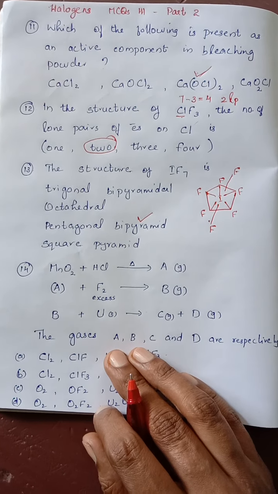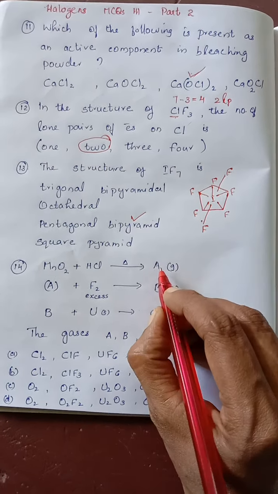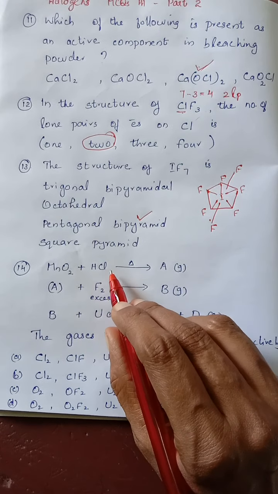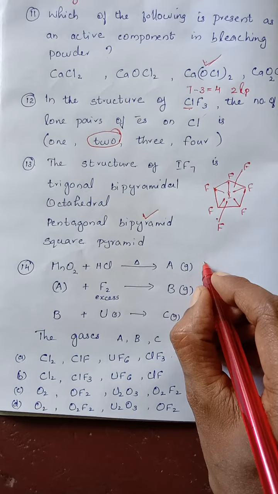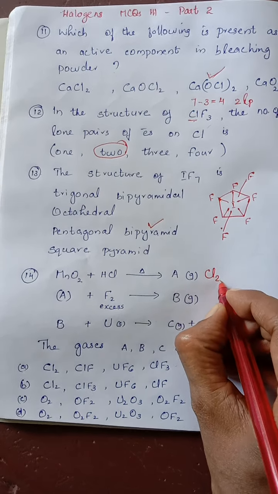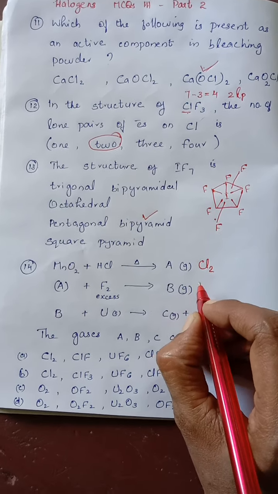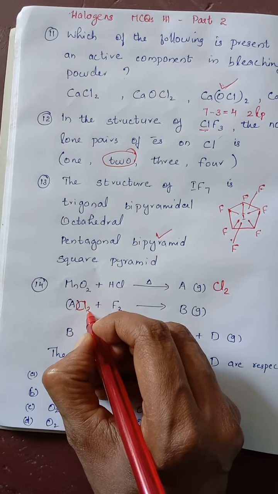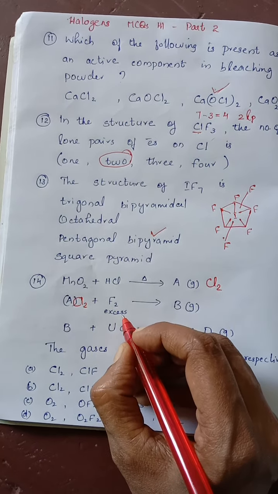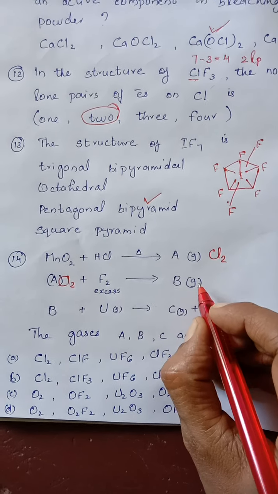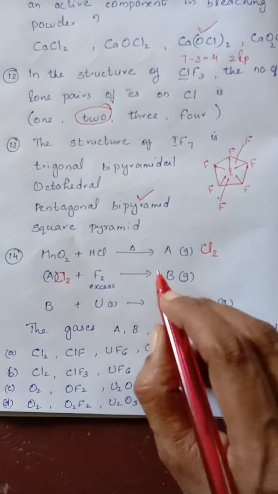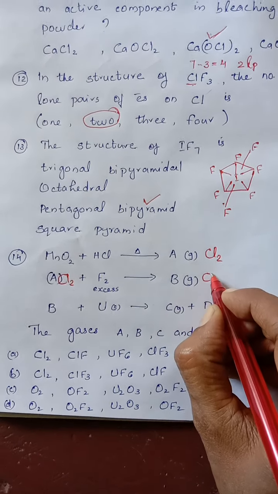Manganese dioxide plus HCl on heating produces a gas A. MnO2 when heated with HCl produces which gas? Chlorine gas. A greenish yellow colored gas, that is chlorine gas, will be produced. This chlorine gas when combined with excess fluorine produces another gas, that is an interhalogen compound. The compound is ClF3,